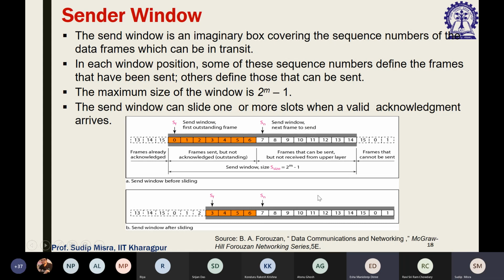Now, after sliding, it might so happen that these frames were already acknowledged. Maybe the 3 frames 0, 1, and 2 get acknowledged. So now you see that the window has shrunk, right? And because it has shrunk, you can now accommodate more frames. So 15, 0 and 1 can be accommodated. Okay, so now you see that after sliding,